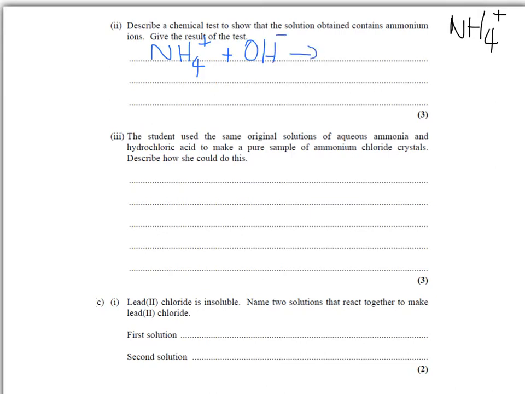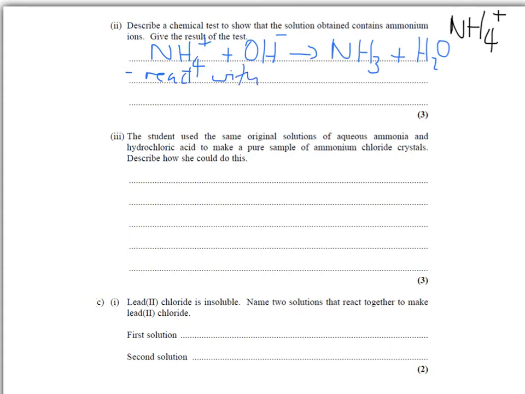Okay, now I'm just writing out the equation for what happens, and what does happen is the ammonium combines with the sodium hydroxide, or the hydroxide ions in the sodium hydroxide, to produce ammonia gas. And so you then warm the mixture, and that releases the ammonia, and that can be tested with damp red litmus, which turns blue. So your 3 points here are react